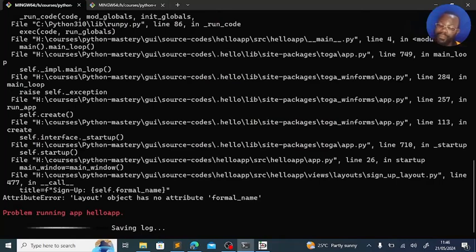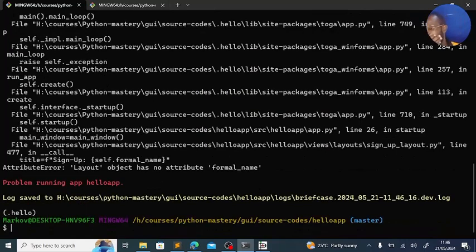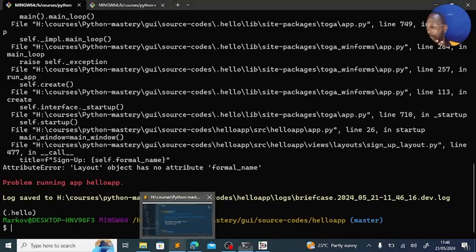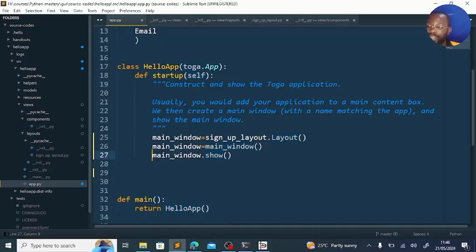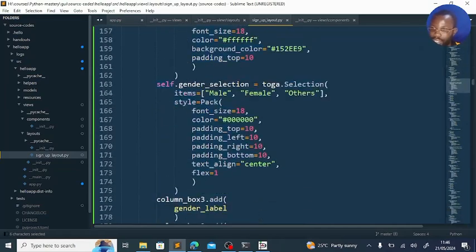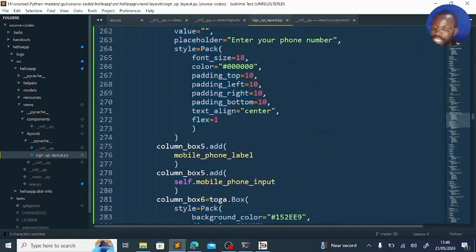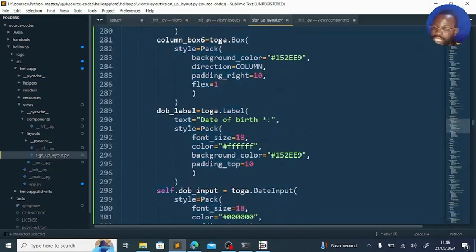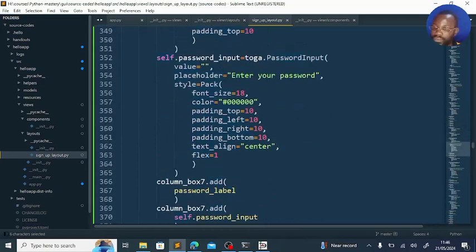Okay, so we have an issue called "former name is not defined." That's because that former name was inheriting from this app itself. What we can do is go here and remove the former name. We just give the real name, which is going to be